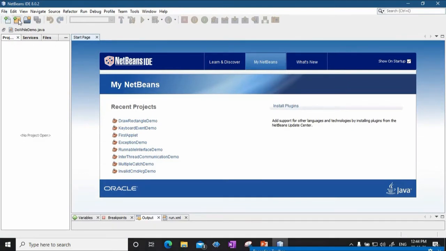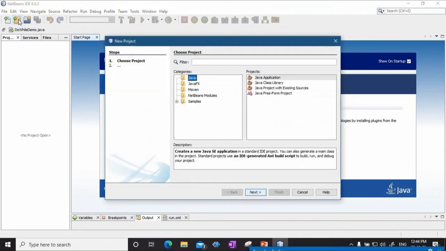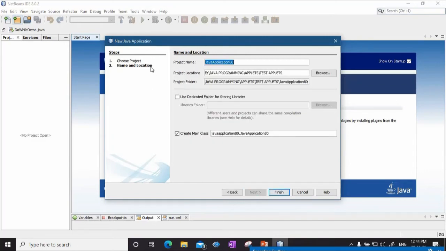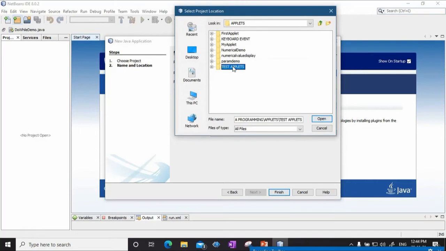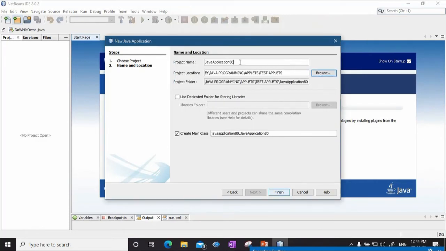So what you do is you create a new project, Java application. Up to this it is the same. You say next. Then let's say I select a folder, say test applets, project name, say Java application, whatever. Now notice that your applet does not have a main method.